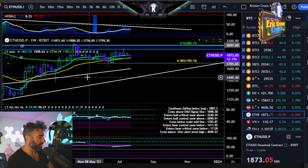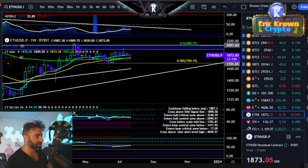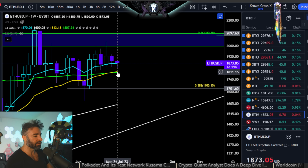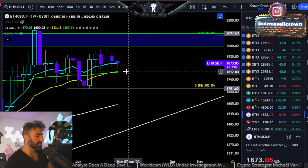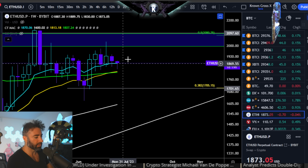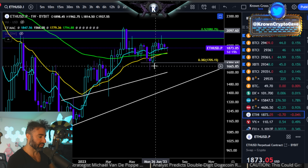Definitely possible. Anyways, moving on to the next thing, I did want to get into the HPDR ranges. Before we get into that, I should just say that as long as Ethereum is above the 21 exponential moving average right here, or especially all major moving averages, but even the 21 at 1810, 1812 region, essentially getting the current low of this week,